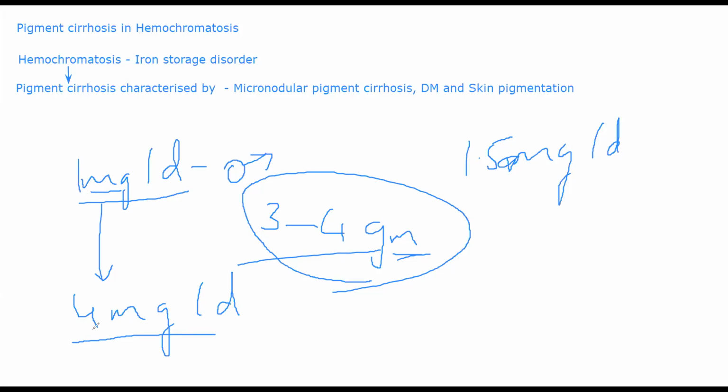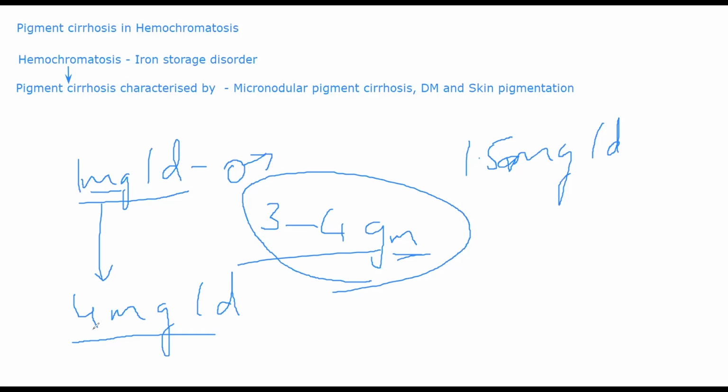So mostly the acquired causes will either be ineffective erythropoiesis, okay, erythropoiesis, RBC formation, not occurring properly, or defective hemoglobin synthesis, or if a patient has multiple blood transfusions, especially in patients with, let's suppose, dengue, or in any other condition where they are being given multiple blood transfusions, or they have enhanced absorption of iron because of alcohol consumption. Generally someone who drinks a lot of alcohol has spiked absorption of iron. They have a significantly high amount of iron absorption.